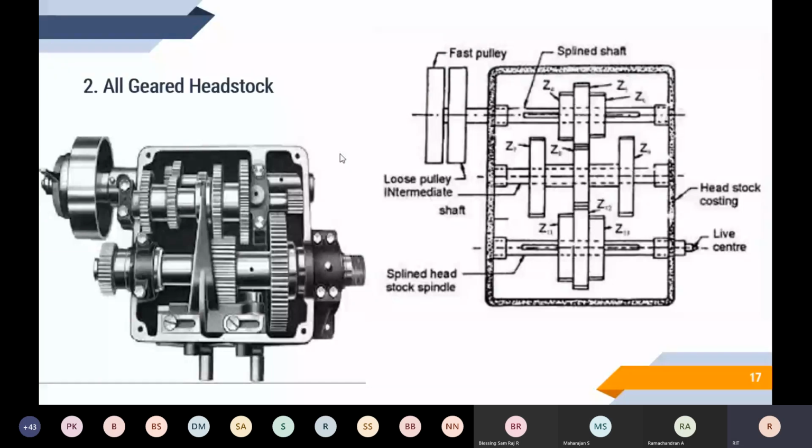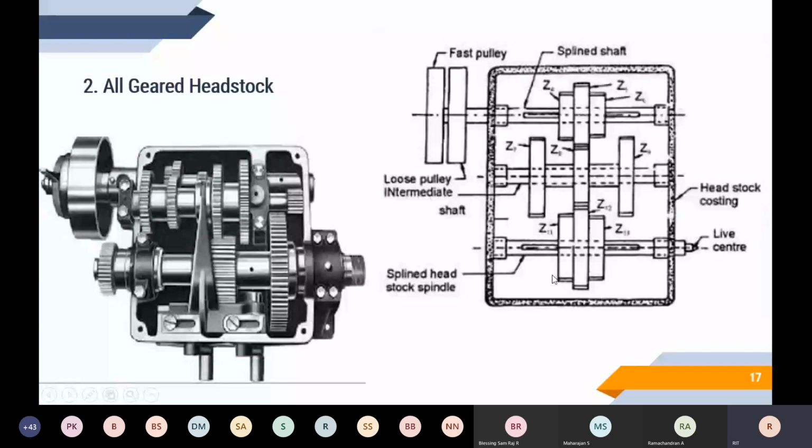The middle shaft has nearly 3 gears, which will rotate at similar speeds. It will control it. The spline shaft also has 3 gears. It can be made to slide with the help of a lever. So those are the basics.